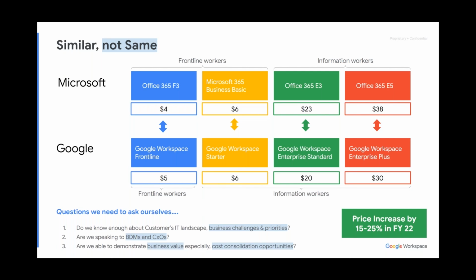But before that, I wanted to put this out there, from a purely similar but not the same concept. I've been asked about pricing with Microsoft, and if you go to the Microsoft platform and just look at the cost there, they have 35 different SKUs, or more than that, with different smaller features. So in this slide, I've tried to put down where they align the most. If it's frontline workers, where they only have Office 365, versus Workspace frontline workers, where they get all of the Workspace tools, not just the O365 piece of it, all the way through the E5